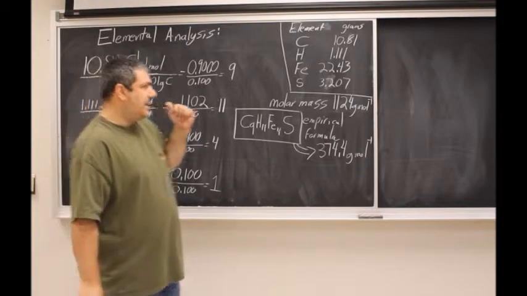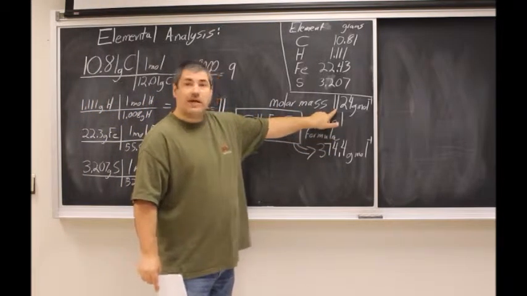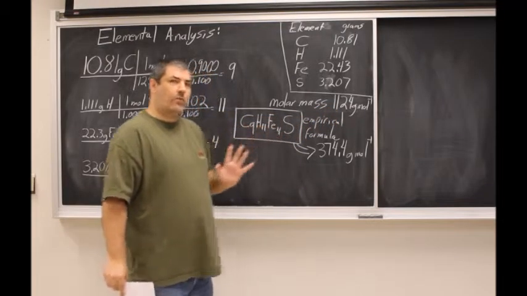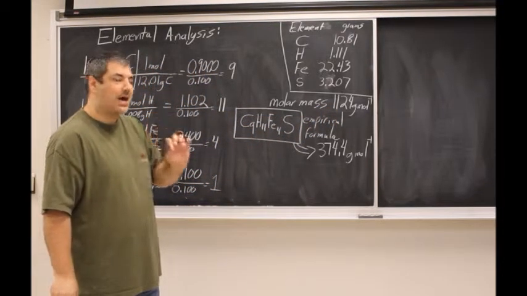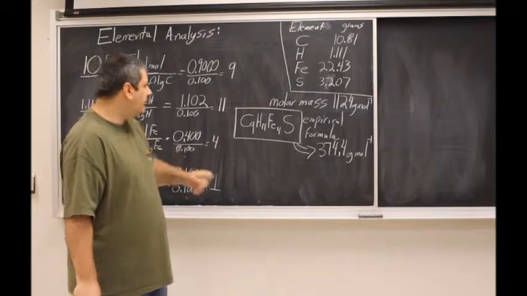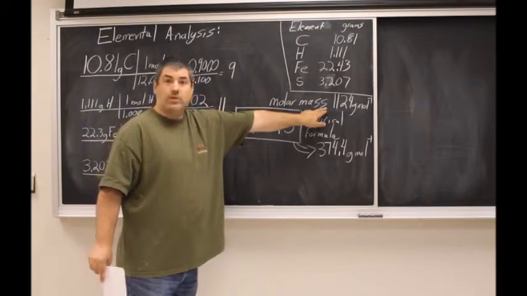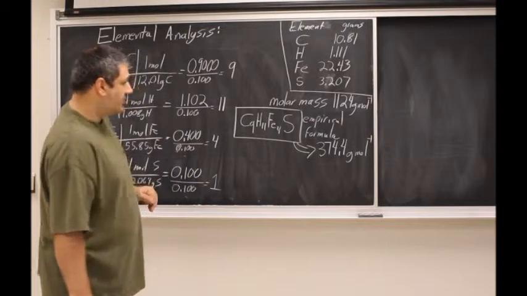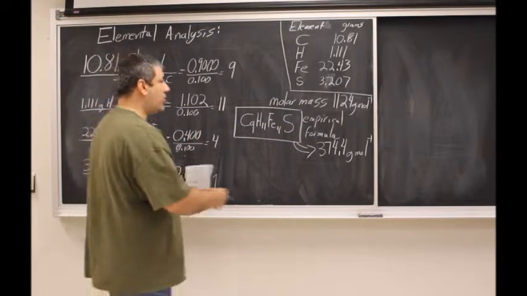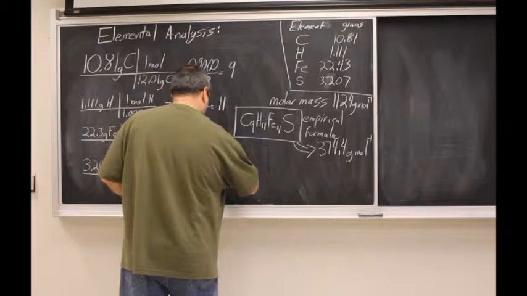Well, that's not the same thing. So we know the molecular formula and the empirical formula are not identical. What we need to do is figure out how many units of this equal that. In other words, is it double, is it triple, or so forth? And you don't have to guess because all you have to do